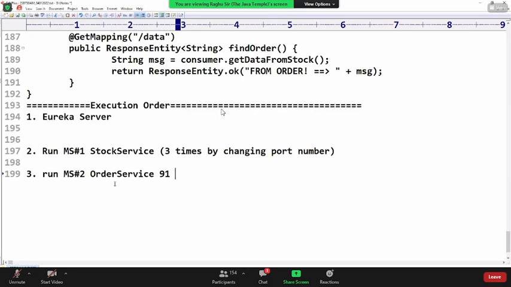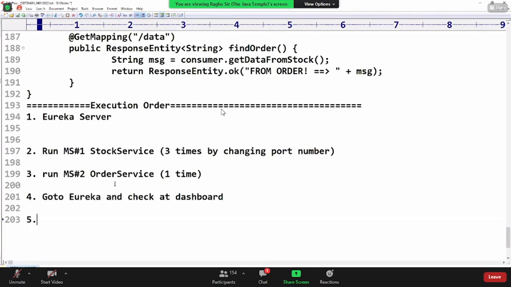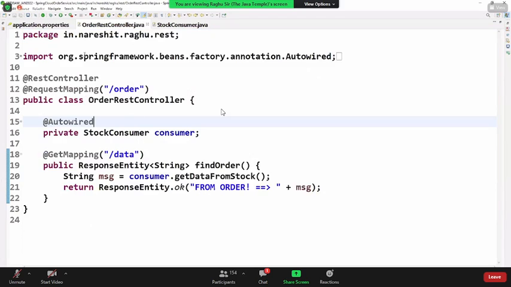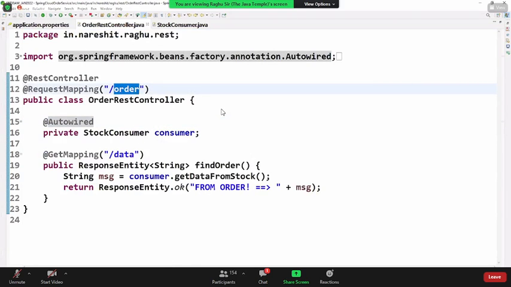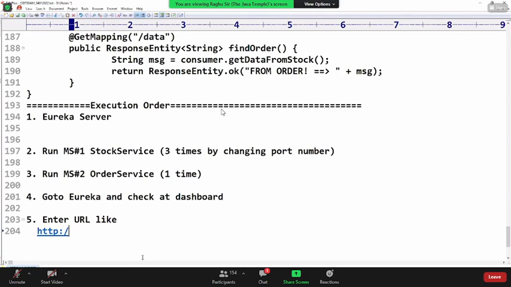Just one time is sufficient for this one. Go to Eureka and check the dashboard. Enter the URL like this. You have to make the call to order, which will call the stock service.